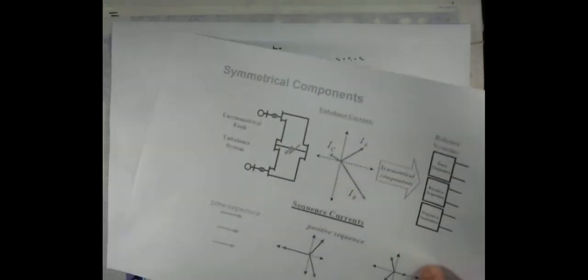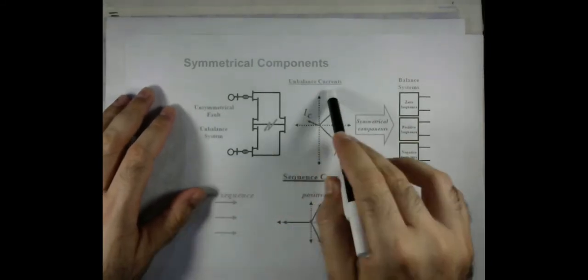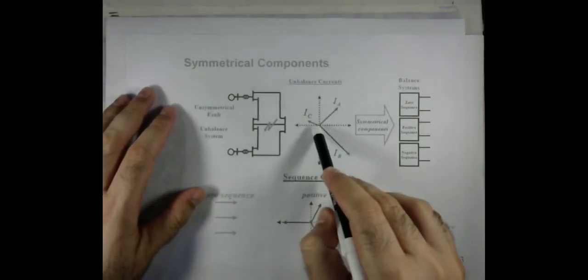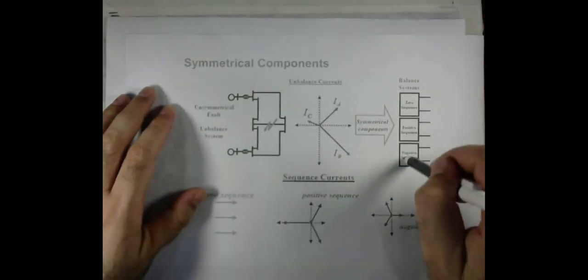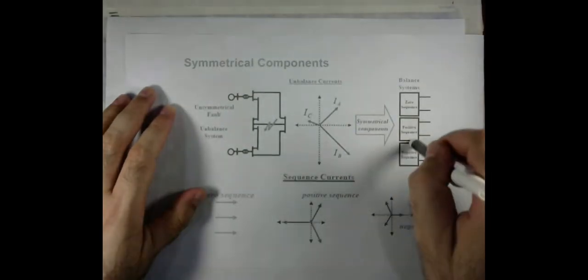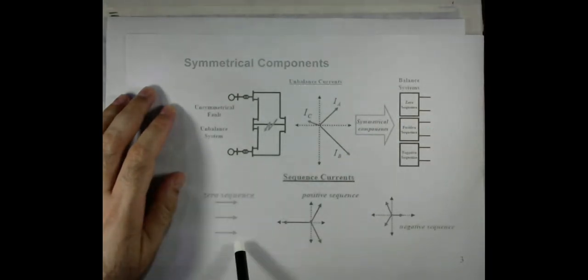As I mentioned, if let's say there is a fault, then the phase quantities will no more be balanced, and using transformation we have to convert them into three sequence quantities: zero sequence, positive sequence, and negative sequence. It is shown here. Zero sequence quantities are equal in magnitude and in phase. Positive sequence quantities are equal in magnitude and phase shifted by 120 degrees. And similarly the negative sequence